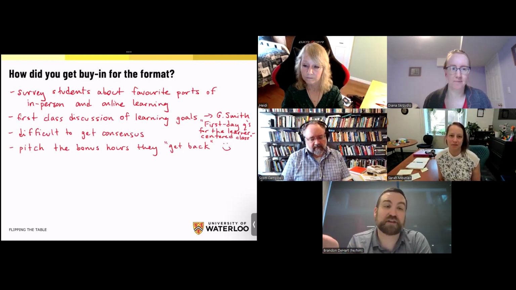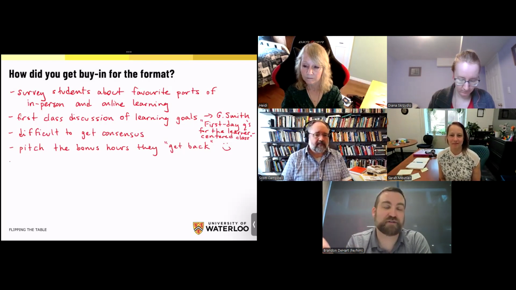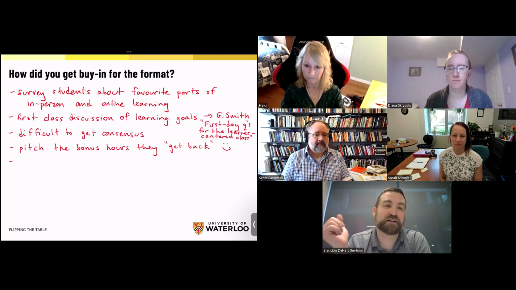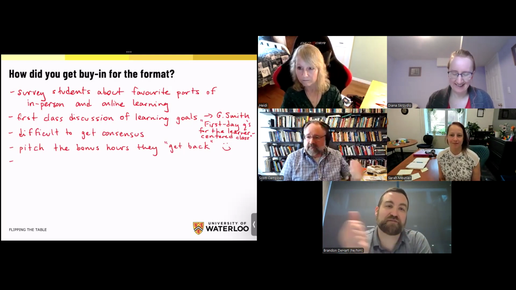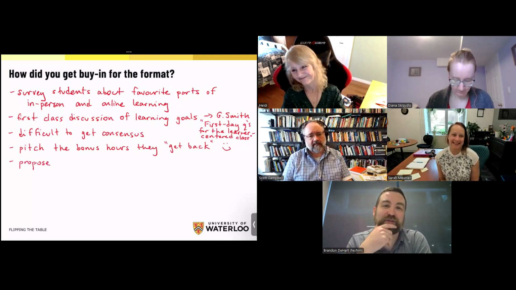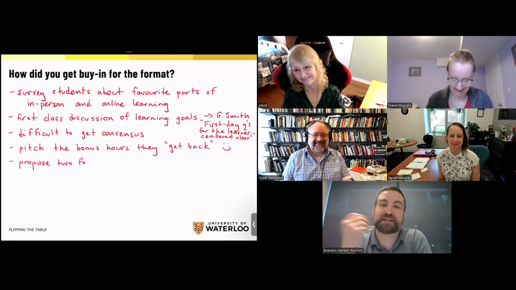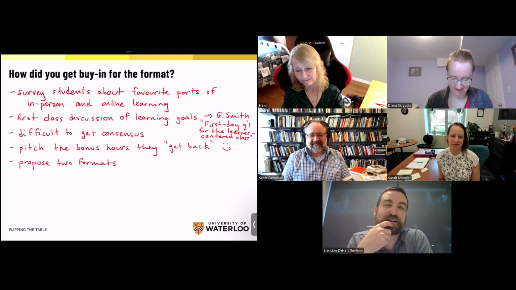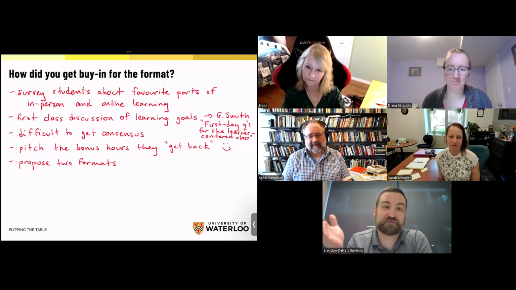I could just ask them, okay, these are the two formats that we can go with. These are the two marking schemes. I've got an outline for both. I have the one that has midterms and exams and labs and assignments, or I have the one that's blended where it's project based and you get to actually write code and play with robots. Which one do you want? Which slightly biases their responses, but technically those were the two options that I had. And part of that was, whatever you guys choose, that's what we're doing. So make sure you're good with it.